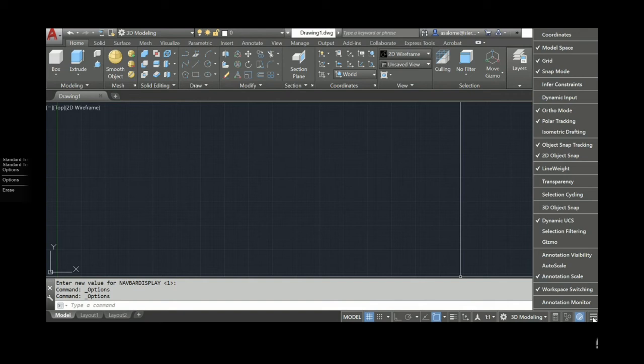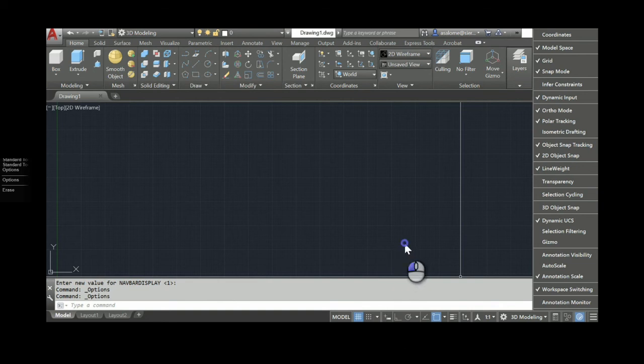Now, these check boxes directly map to the items you see on the tool tray down here. So model space, grid, snap, ortho, polar tracking, etc. If I turn one of these on, it's going to add it down there to my tool tray. And the one that AutoCAD often ships turned on that I don't like is called dynamic input. So if I turn this on, I expect it to pop up between my snap and my ortho. Okay, so if I turn that on, there it is. It pops up between my snap and my ortho.